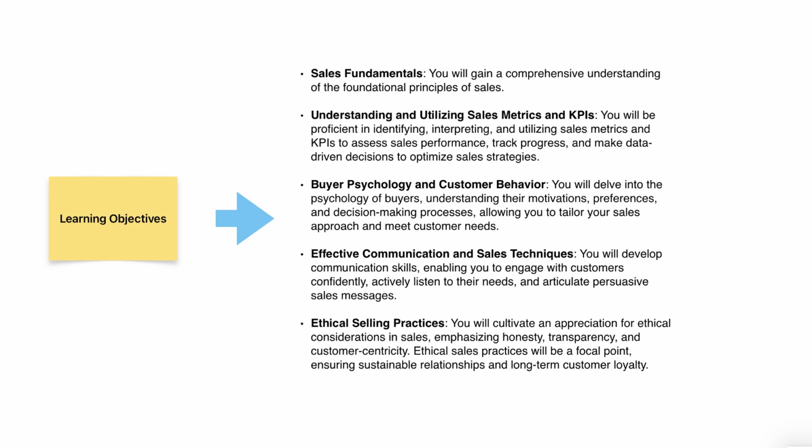Okay. And the final objective, number 5, kind of grounds everything. Ethical selling practices. Absolutely crucial. Honesty, transparency, putting the customer first. That's the only way you build the kind of long-term trust and loyalty the course is aiming for. Anything else is just short-term gain. So, looking at all 5, the modern sales pro needs to be part financial analyst, part psychologist, part expert communicator. And part strategist. It's a truly multifaceted role.